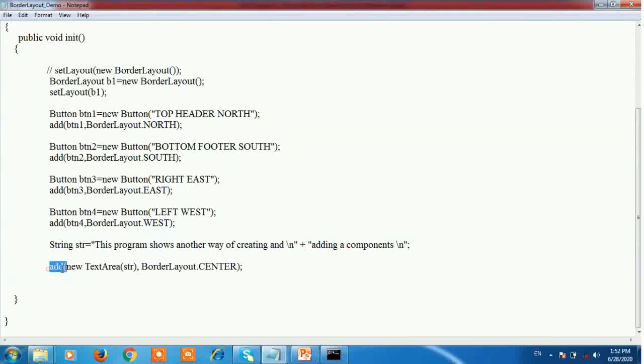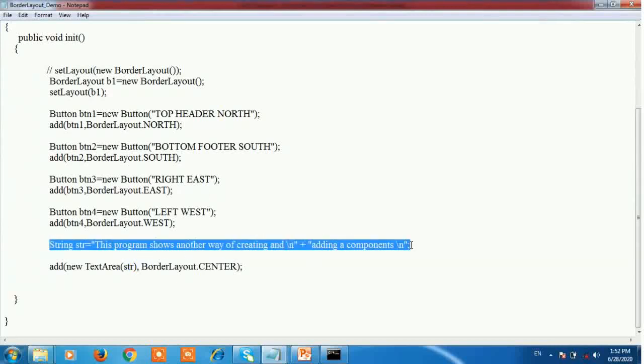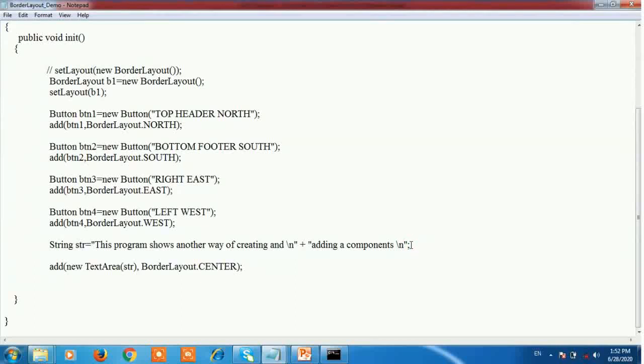After that, use the add method to add the string. In that, add new TextArea, pass the string str, comma BorderLayout.CENTER. So this string will be displayed in the center of the applet window.